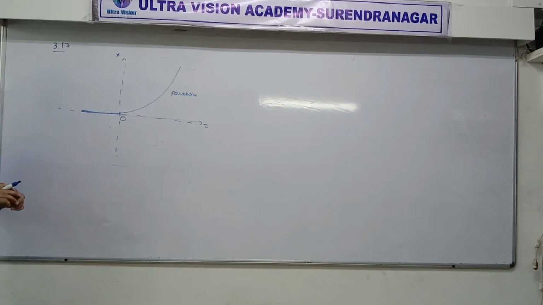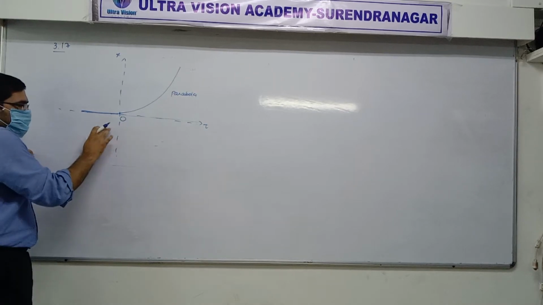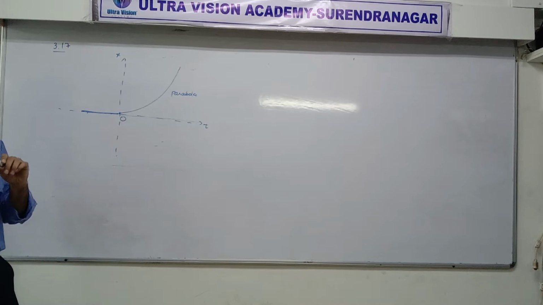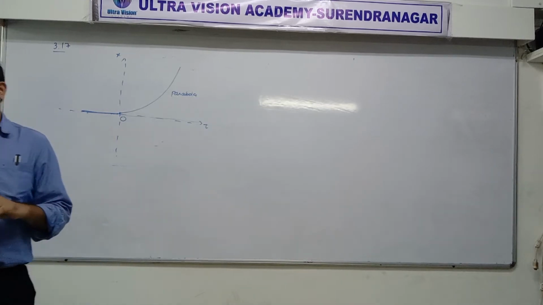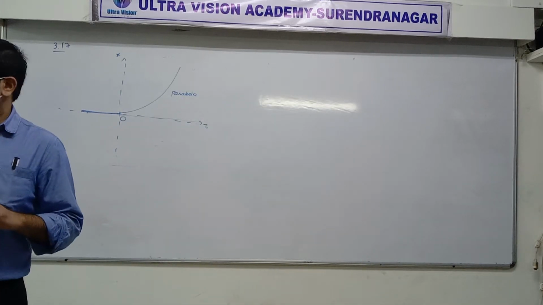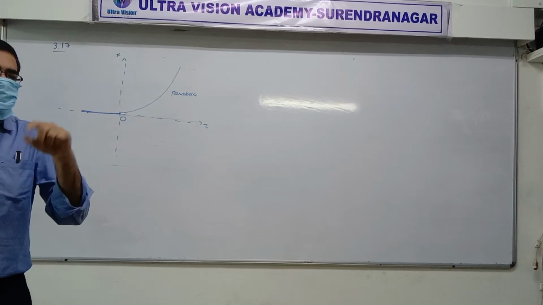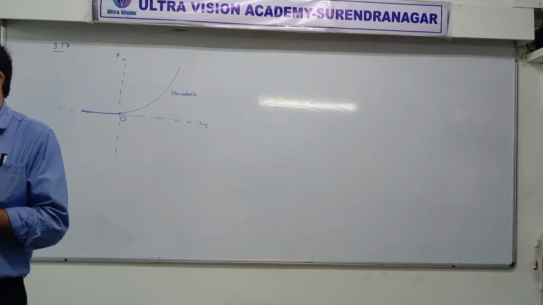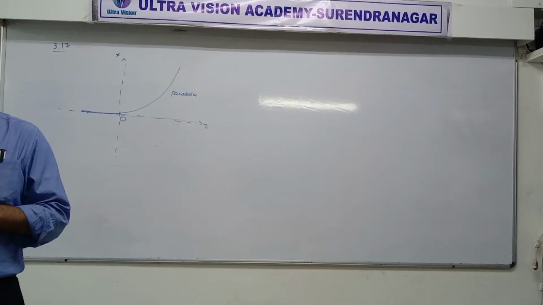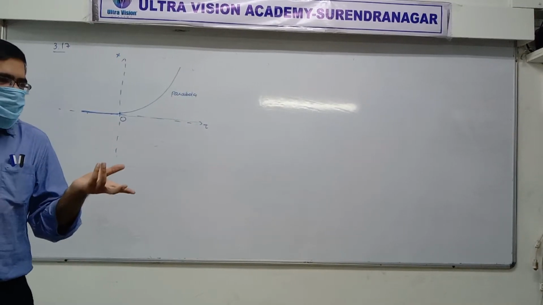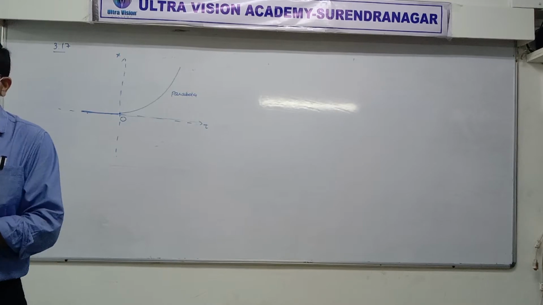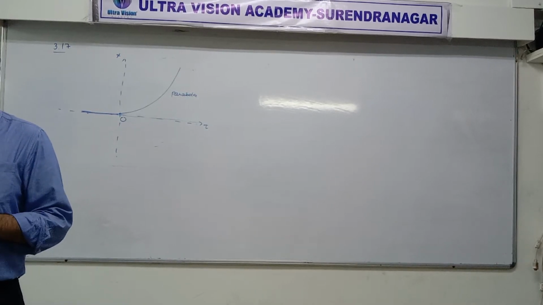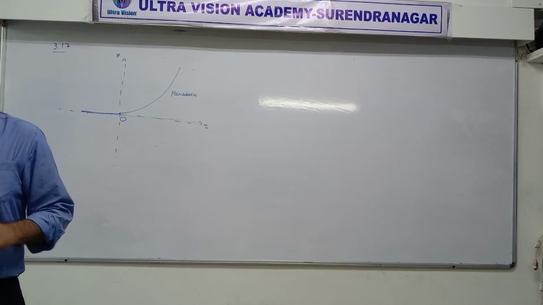Now I just want you to understand what is the meaning of negative time first. Can time be negative? Yes. Time can be negative. Time interval cannot be negative. What's the difference? Time interval means t2 minus t1. Final time minus initial time. Final time will always be more than initial time. That's what we always take. Is it okay? But time can be negative.